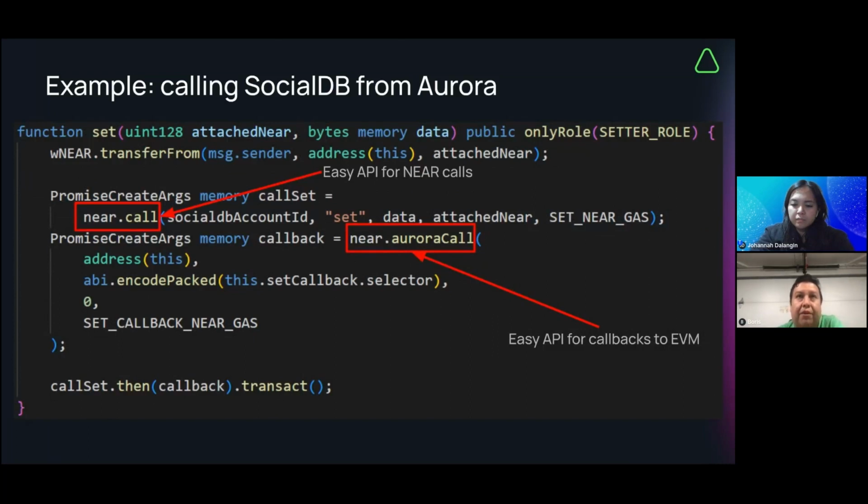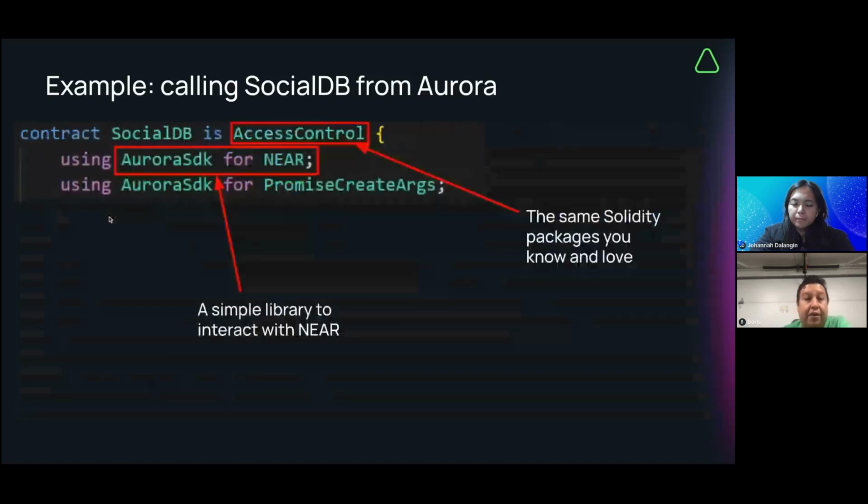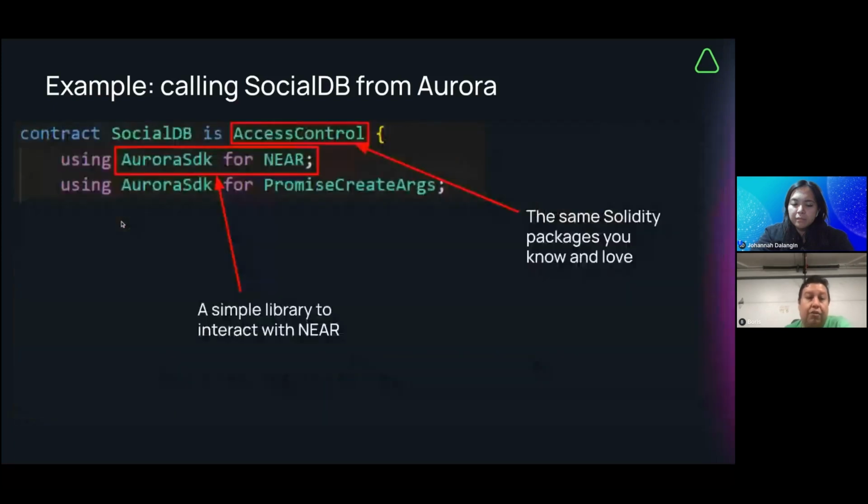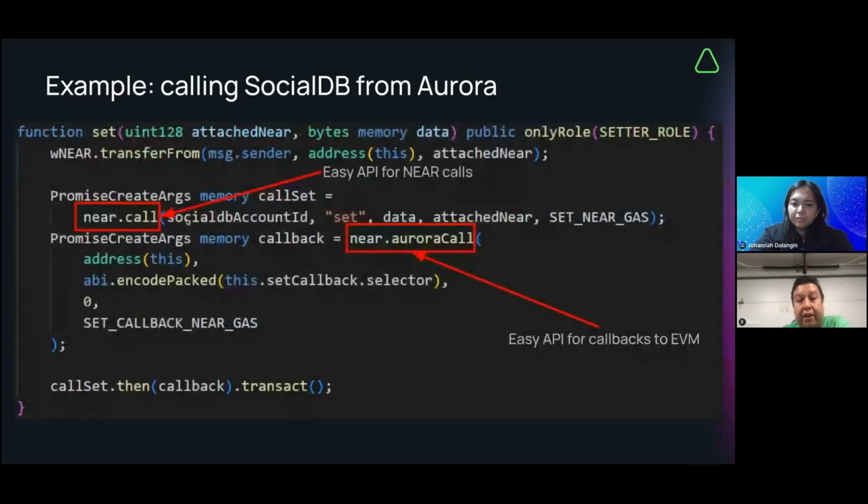You send the parameters, you set the function you want to call, and you send the parameters that you need to set for that specific call. So if you see here, the call to the APIs is quite simple, right? You instantiated the NEAR library in the last step, and you just make a call. You send the account ID, you're doing a set, and you're sending the data.